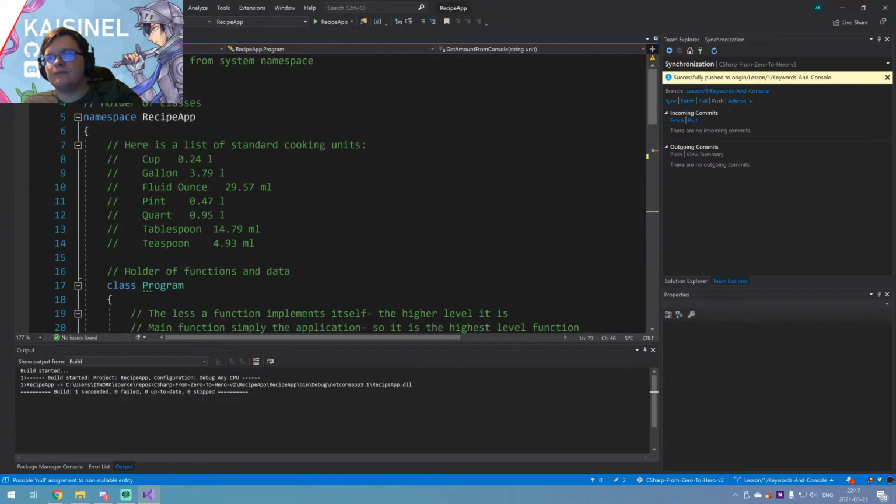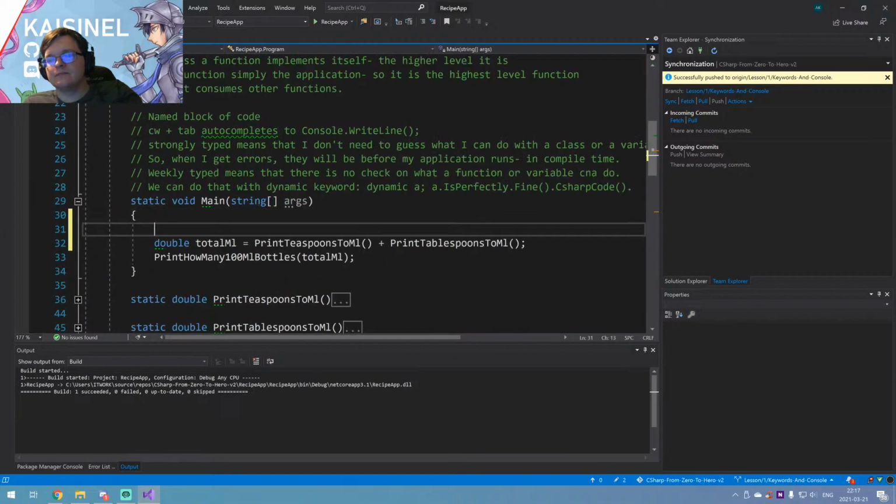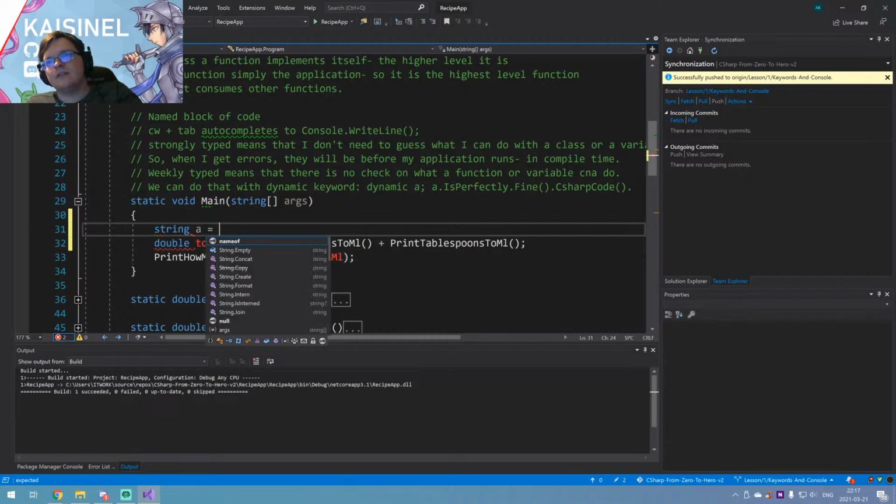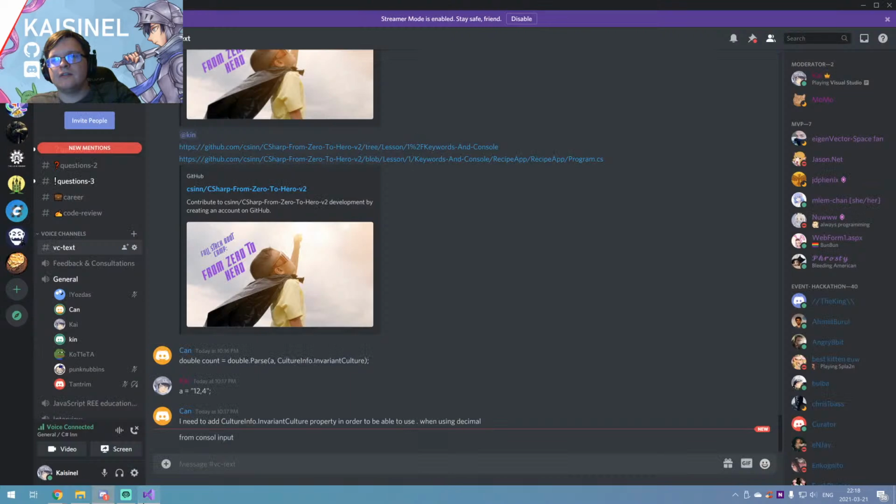Okay. I think some cultures use comma. In Turkey, we use comma instead of dot. So you want both to work for separating decimals? Yes. In order to use dot to separate decimal numbers,